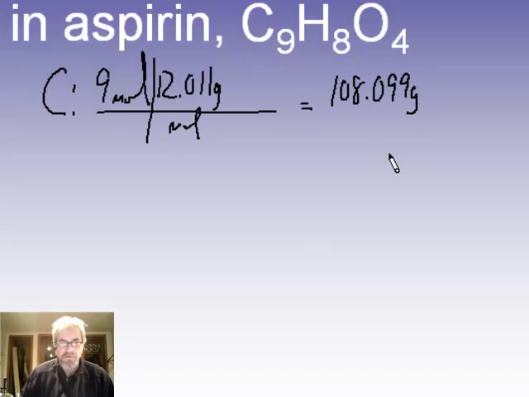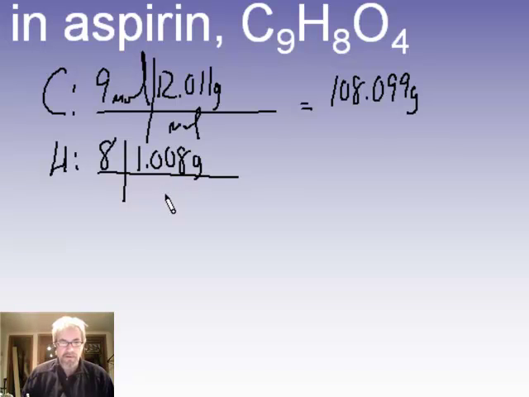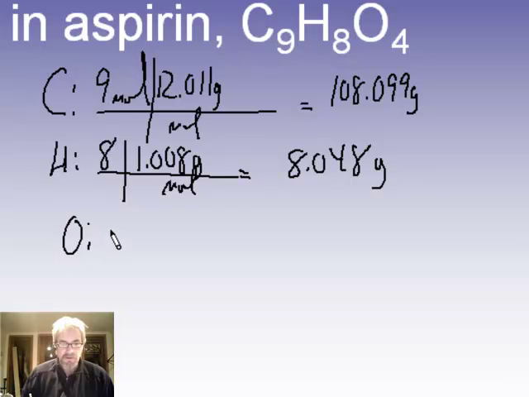For hydrogen, my subscript is 8, and the molar mass of hydrogen is 1.008 grams per mole. That gives me a total of 8.048 grams. Oxygen, subscript is 4. Molar mass of oxygen is 15.999 grams per mole. That adds up to